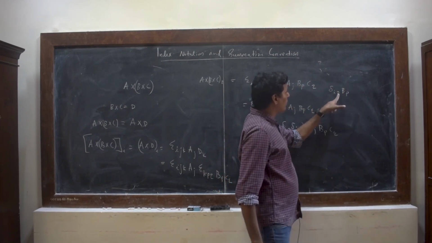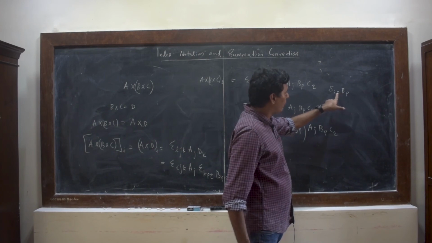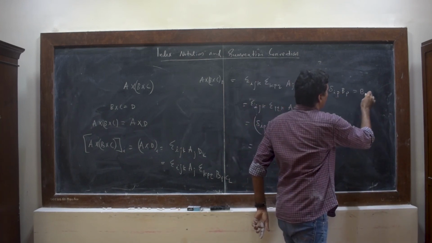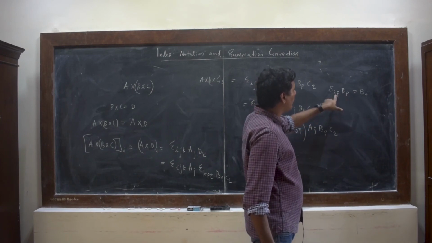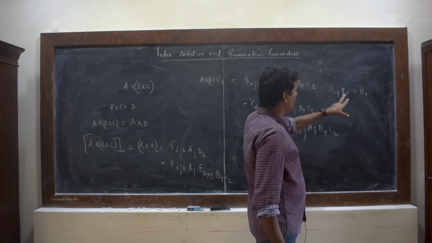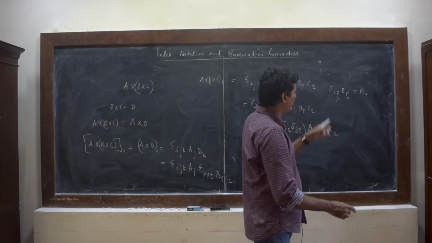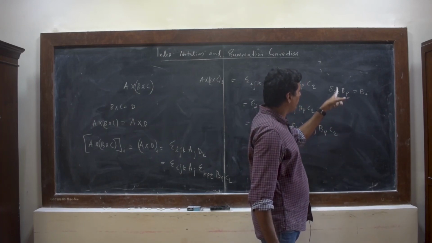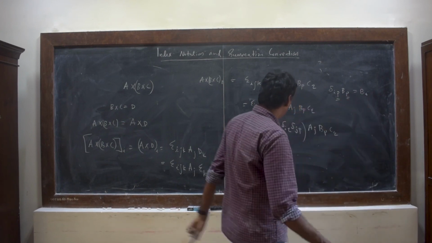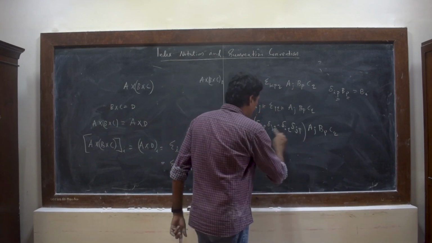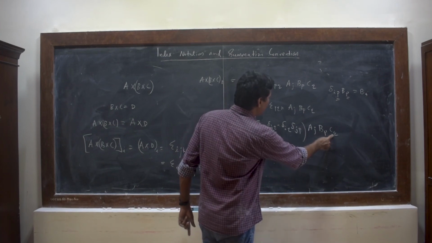this will be non-zero only if i equals p. So I can say that this is Bi. In all other cases, when i is not equal to p, delta ip will be 0, so that stuff will be 0. But p is a dummy index that has to be summed over, so the only contribution is coming from p equal to i, which is Bi. Similarly, delta jq into Cq will be Cj.